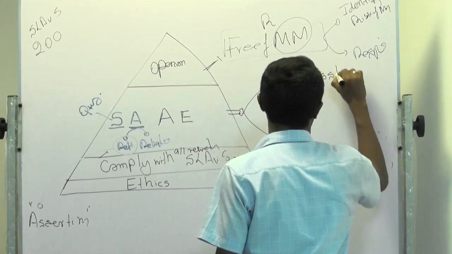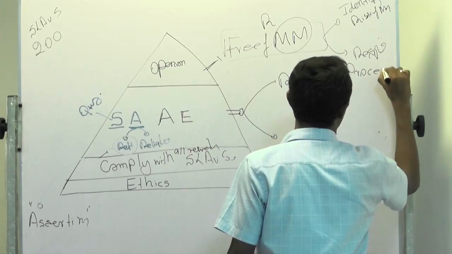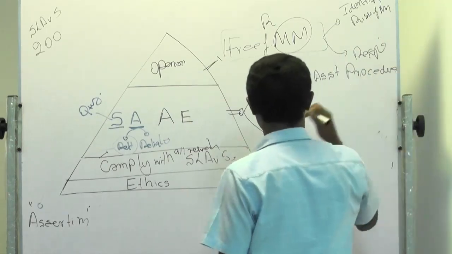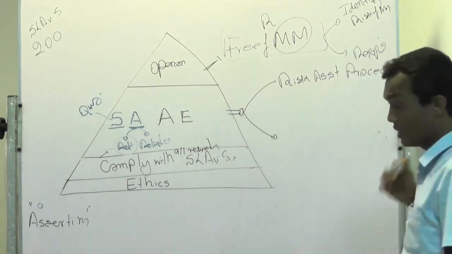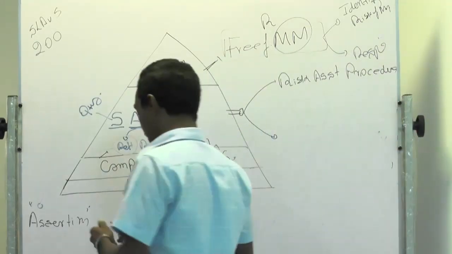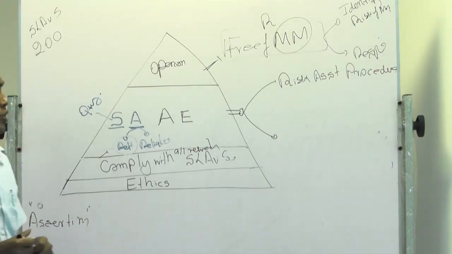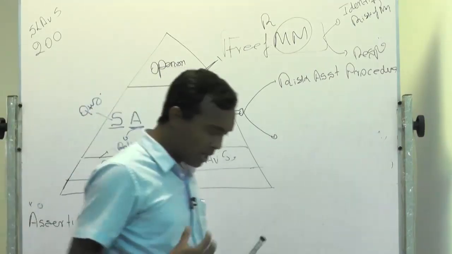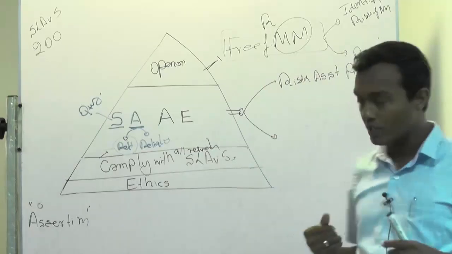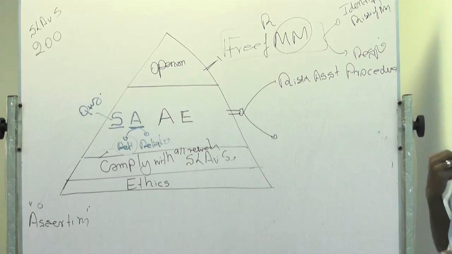Risk assessment. I do not write the full word here because we are trying to do this very quickly, since we are covering a lot of things in a limited time. Risk assessment procedures. Now, if you are an auditor and I ask you how to audit a bank, a junior bunch of auditors goes to the bank, asks for the accounts, and starts auditing. Auditing what? Millions of transactions, and they do not know what to audit.